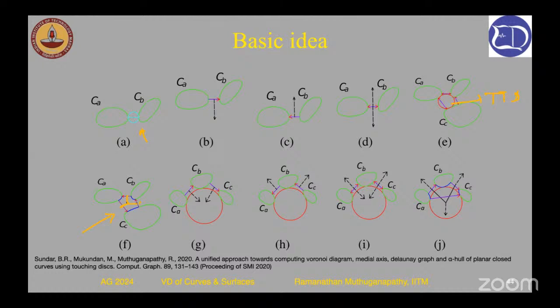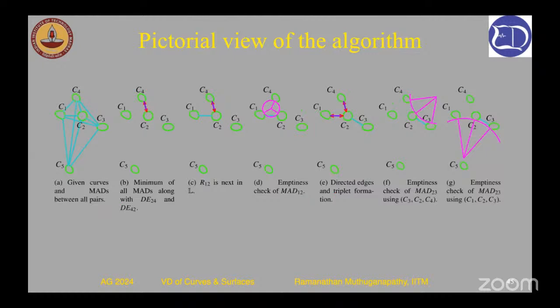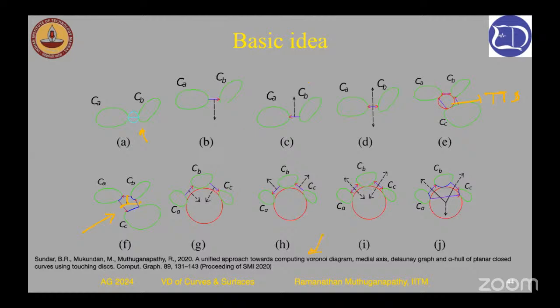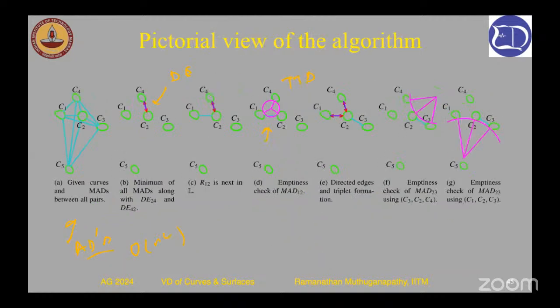I'll just show you the pipeline, but it may be too complex to explain everything in detail. For example, we start with computing all pairs of antipodal disks, which is why the algorithm is O of n squared. Then we keep on building directed edges between antipodal disks, and then compute the TTD disk as we progress further, and we find when it is empty. There are a lot of details which I'm skipping here. If you go to the underlying paper, you can find more details. By building this sequence of ADs and TTDs, we actually build the topology of the Voronoi